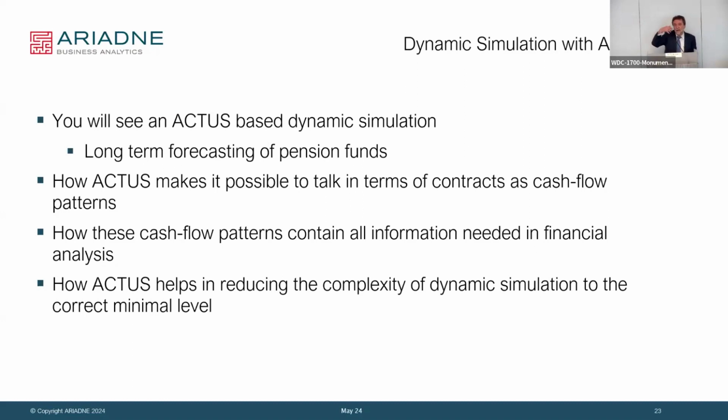And so we will understand much better how ACTUS makes it possible to talk in terms of contracts. I can say, create a contract, and that is a pattern. It's almost like an animal crawling through time and leaving cash flows in the background. And then from there, any information can be derived, and it will reduce the complexity drastically. There was a question before about this mapping. Yes, that will not be cheap, but I call it the last great mapping, because in the end you map everything into this and you do all the analysis.